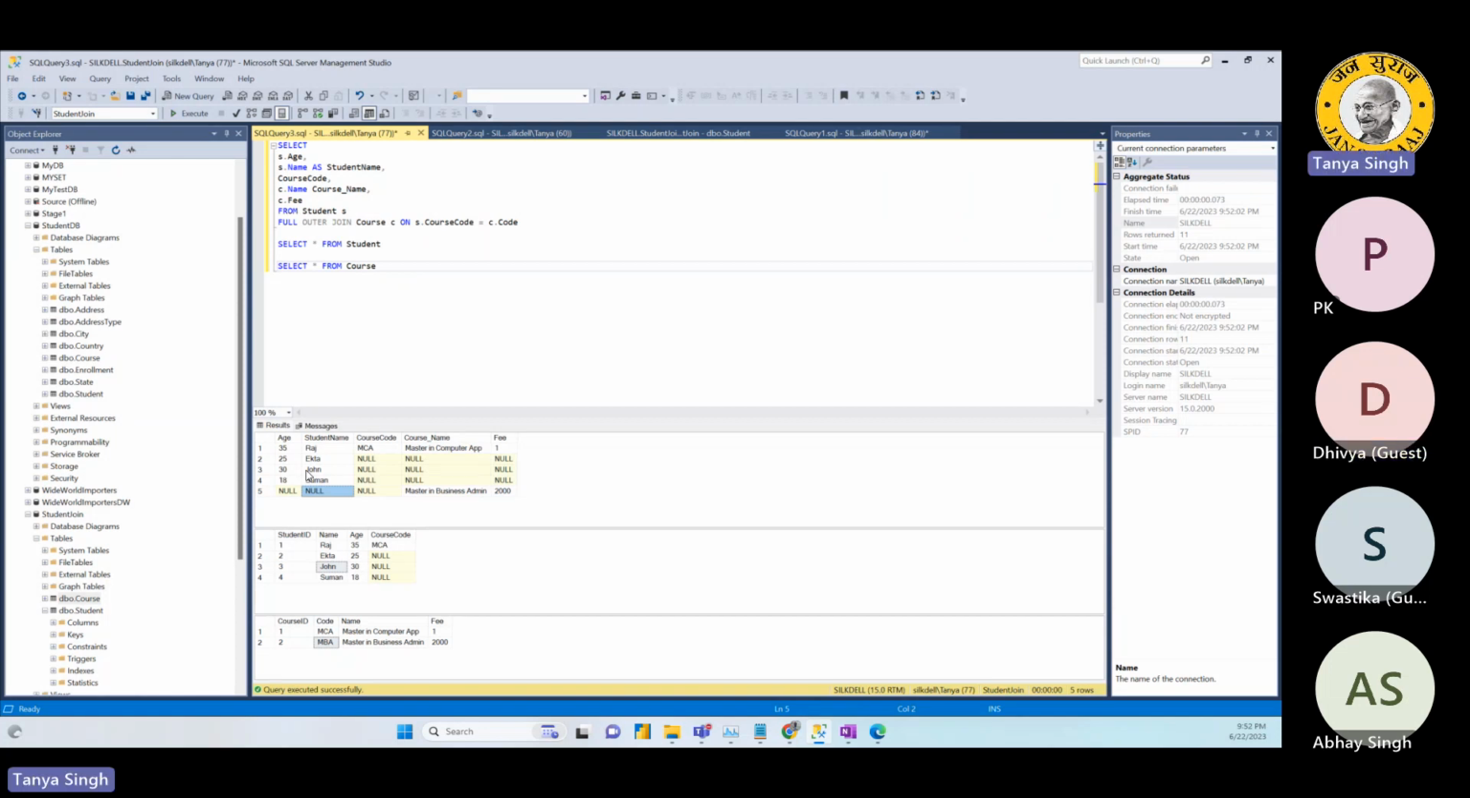So that's the concept. And one more thing we can see over here is about the view. So why do we use the view? Now this thing is done. Suppose that we have used the full outer join. If anybody needs this thing, like the age, name, course code,